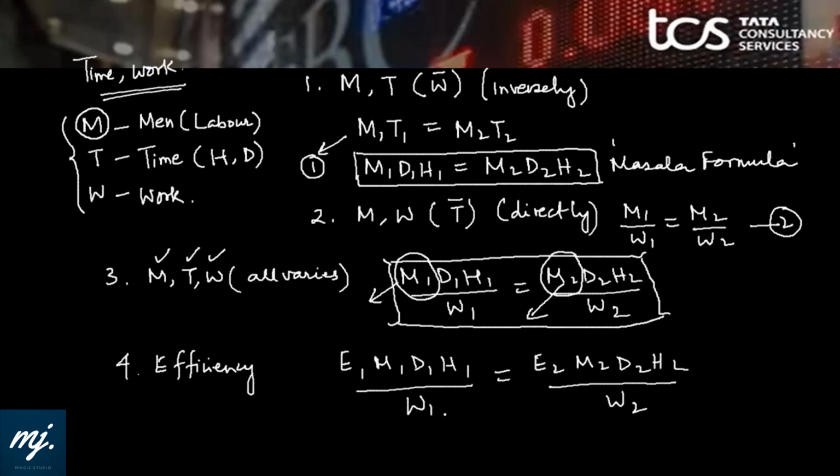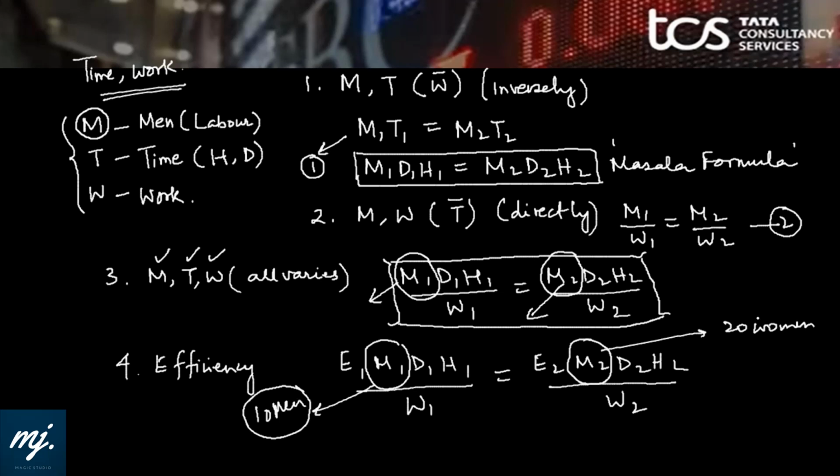This is one way of solving if people with different efficiency are given, or else we can convert these two groups onto the same efficiency platform. Like here we have 10 men and here we have 20 women, and now if it is known that the work of one man is the same as the work of 3 women, or 2 women, or 1.5 women, accordingly we can either convert these men into the efficiency level of women or these women into the equivalent of men. Whatever the scenario, the masala will always remain the king and we would be using it.